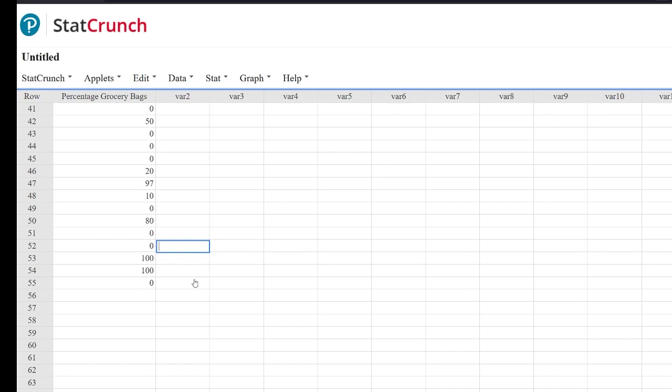So if you think you understood what the person was trying to say, change it to that. Otherwise, some data is just not salvageable. But what we've now done is we've converted this to a column that StatCrunch is going to be able to